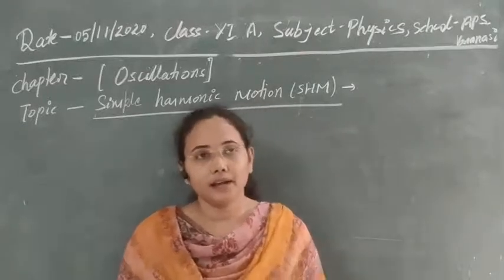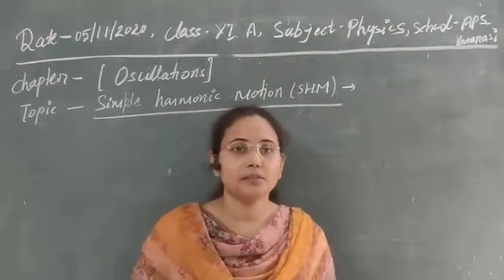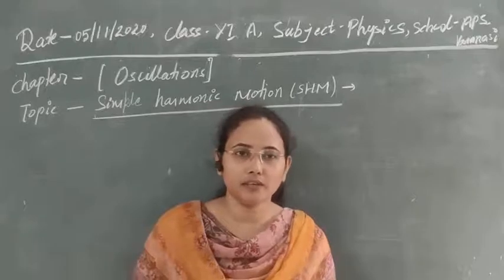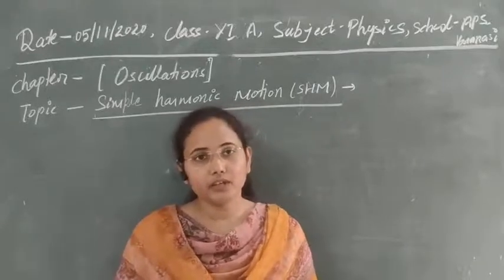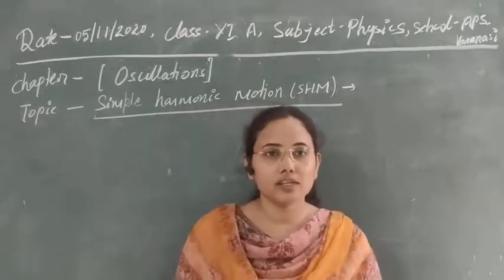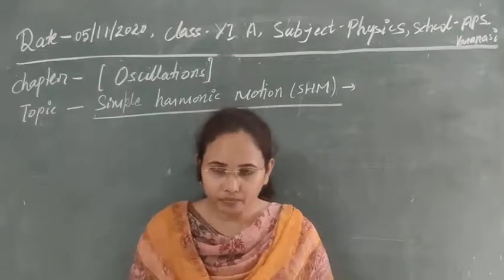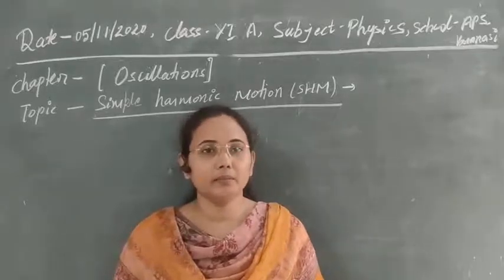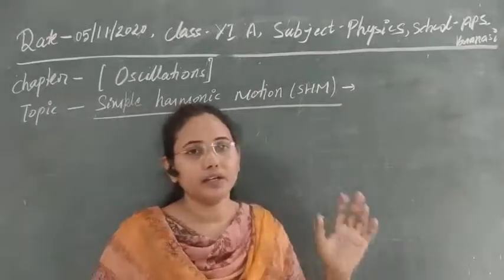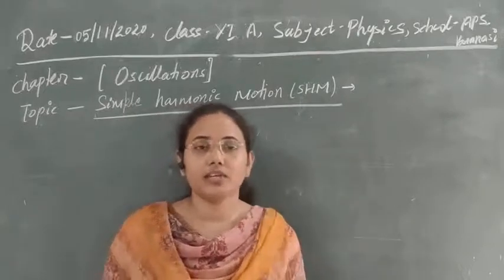harmonic oscillation. And as I told you, simple harmonic motion is the case in which we consider examples of free oscillations. In such oscillation there is no resisting force, no retarding force which can retard the motion. So if we displace such a particle once, then for infinite time it will oscillate with the same amplitude, and obviously its time period will be constant. So in such motions we obtain the formula when we take harmonic oscillation and free oscillation.